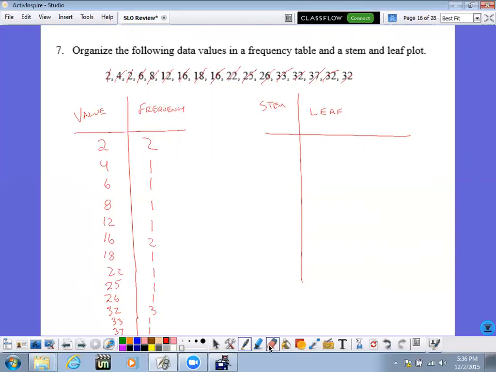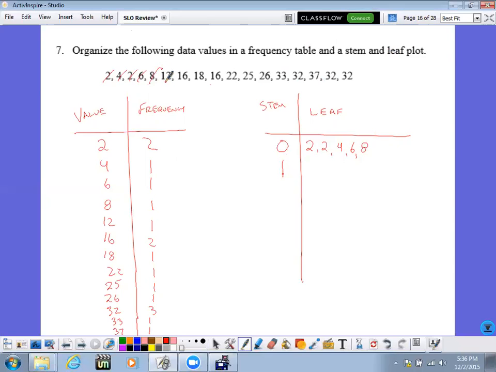So in this case, I'm going to go ahead and erase these dashes that we just had. And we'll go back through them. Remember with stems, we talk about your tens digit or everything besides your unit digit. And so in this case, our stem would start with a 0, and that would represent all of your digits 0 through 9. So we have a 2, another 2, a 4, a 6, and an 8. So all of those had a stem of 0.